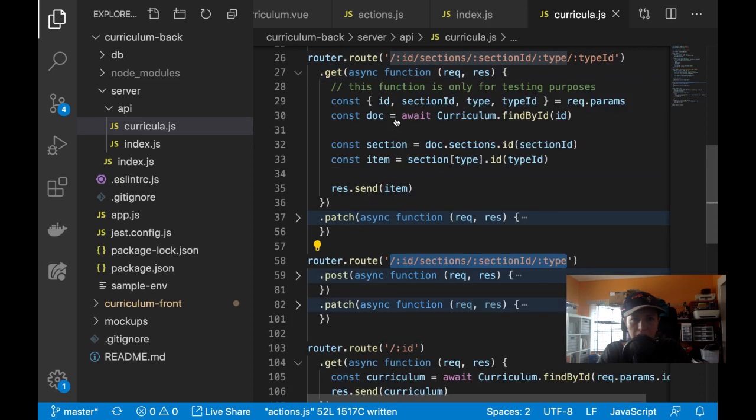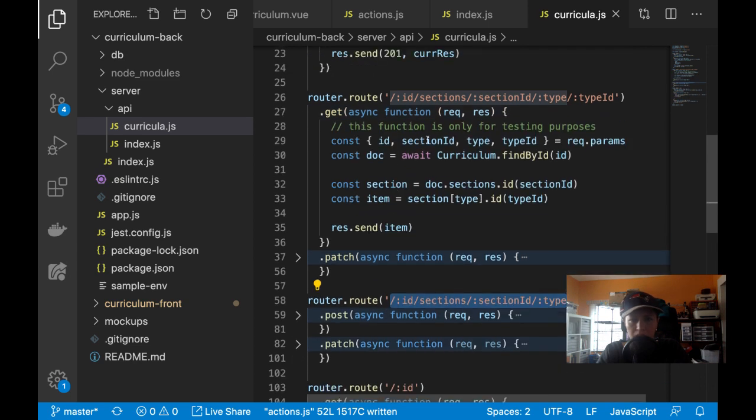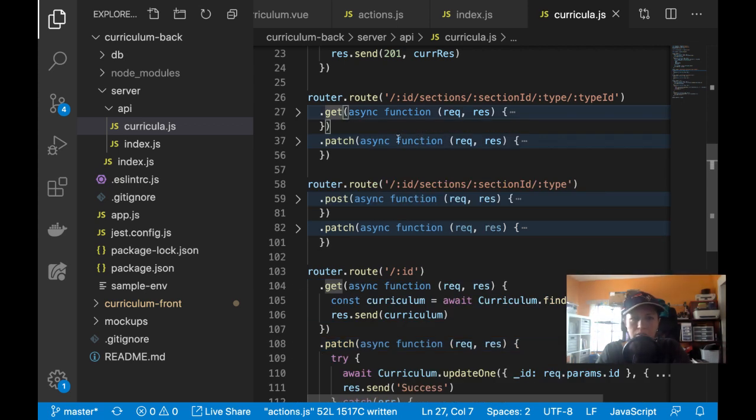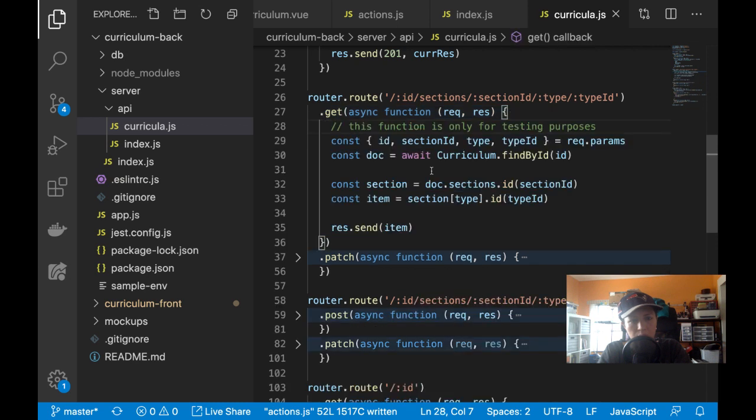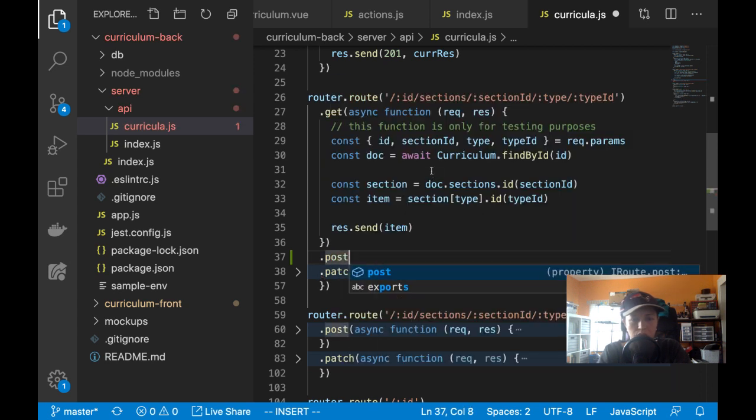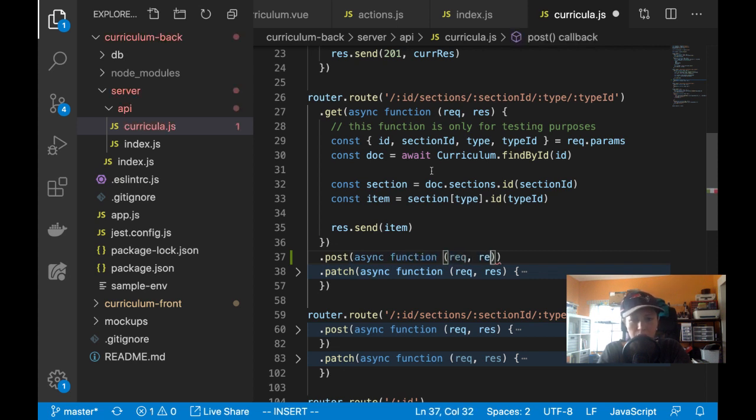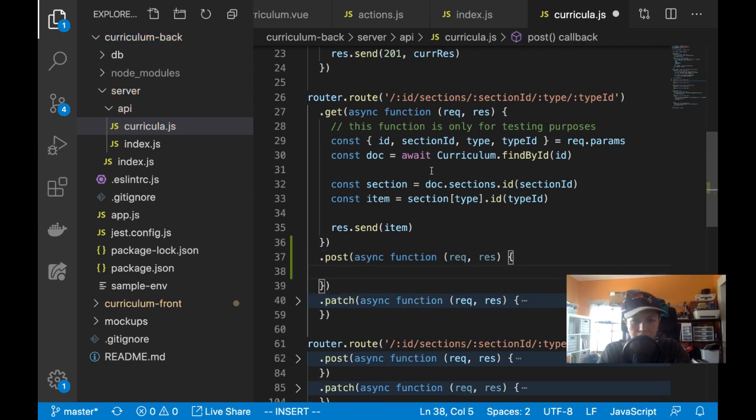And I'm not sure why I have a get request here, because I never get this. So I think that was just extra from copy paste. Oh yeah, for testing purposes only. Okay, so I guess I'll leave it there for now until I get rid of it. So get patch. Let me do post here dot post async function request response, and then